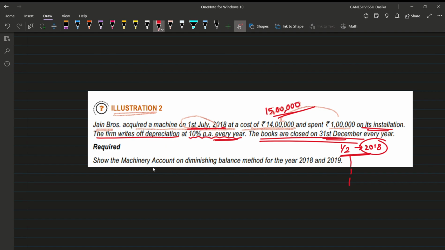Machinery account on diminishing balance method, so only the machinery account is asked here. But if possible we are going to see the depreciation account also, but only two entries will be the same: the entry posted from the machinery account, and also the transfer to profit and loss account. Those are the two entries which we are going to see here. That's it. So for the years 2018 and 2019 we need to show the machinery accounts. So very simple and easy to calculate. First of all let us calculate